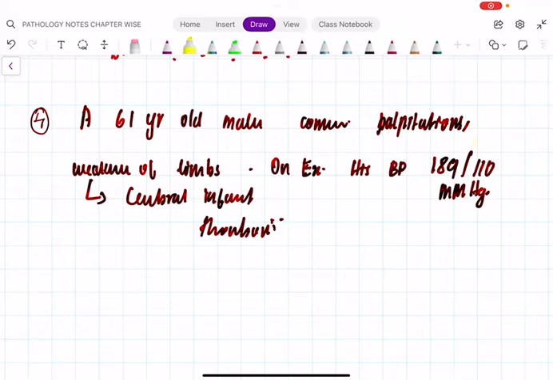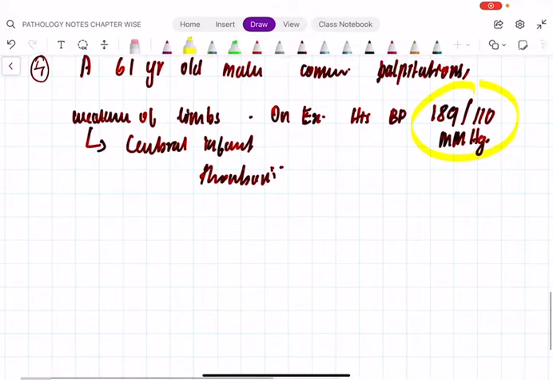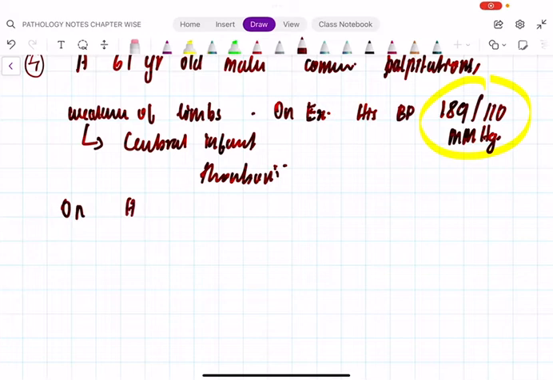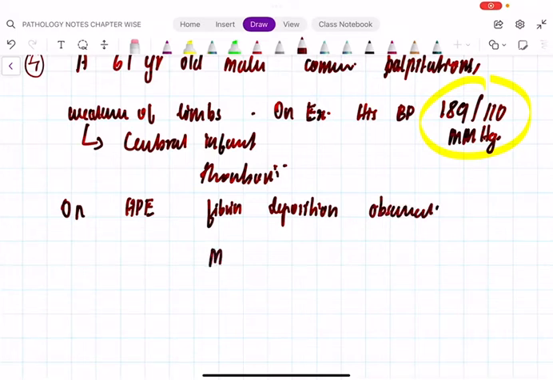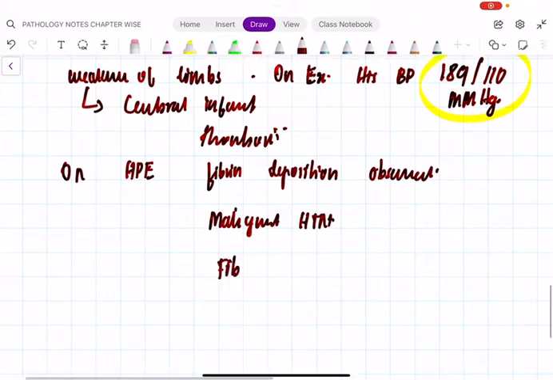Fine? Yes, 189 by 110. Yes, still it's not over. Still they will give you some hints. On histopathological examination, HPE, fibrin deposition observed. What is your diagnosis? Malignant hypertension. What form of necrosis? Fibrinoid necrosis. Third question,